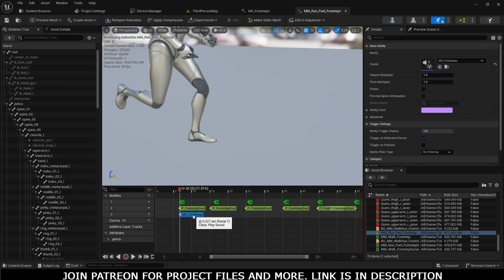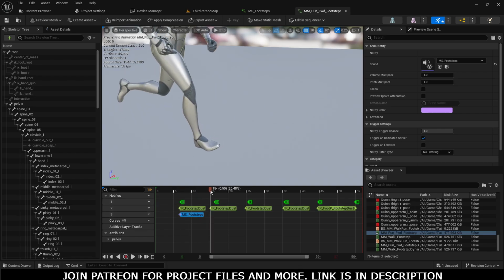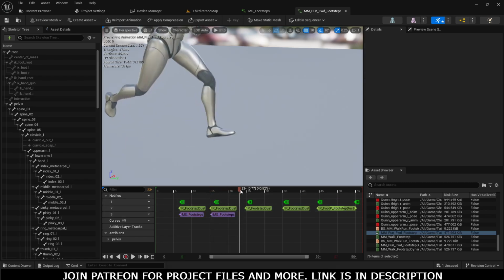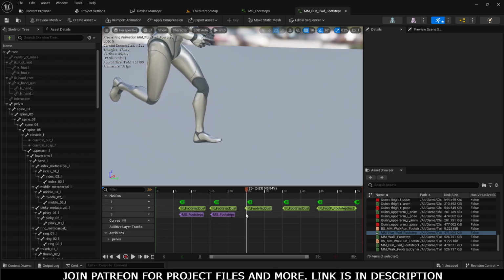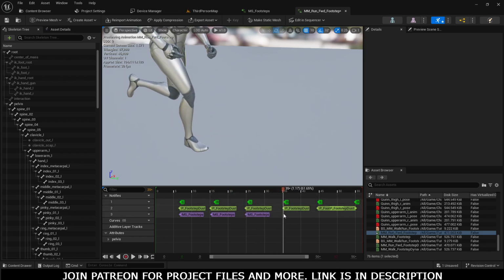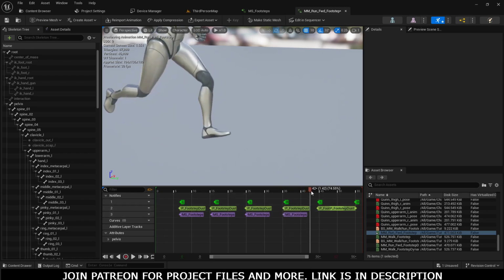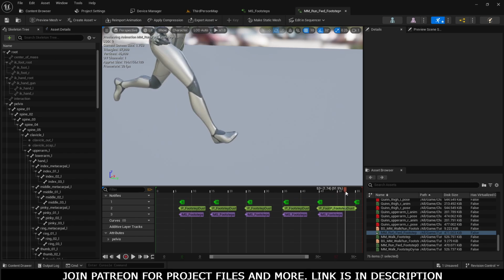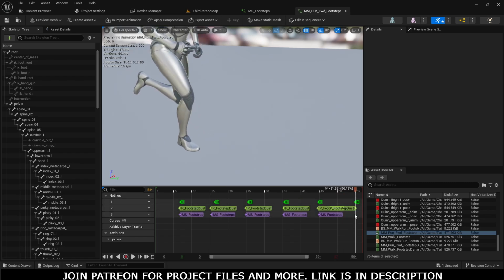Now copy that, Control C, go to that one, and at the moment the right foot touches the ground, Control V to paste. In the same way, do it for all the times when the foot touches the ground. And here also. So if we play it,